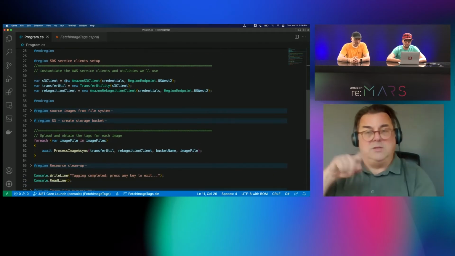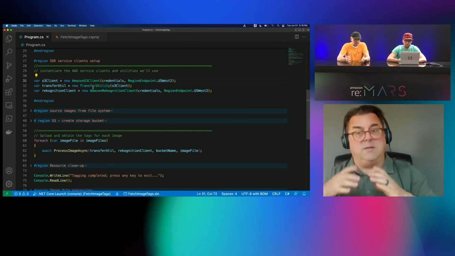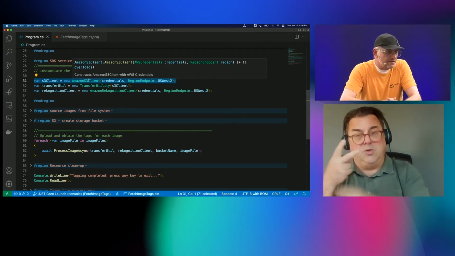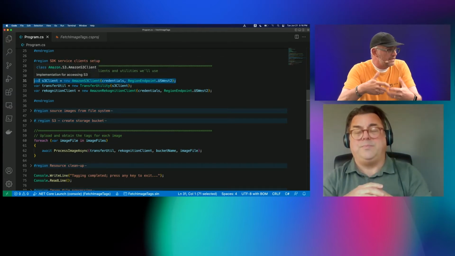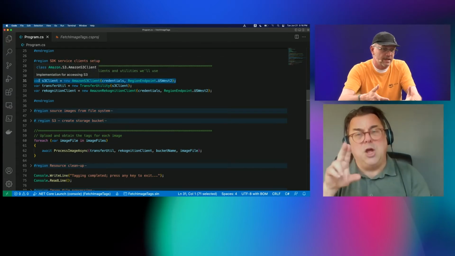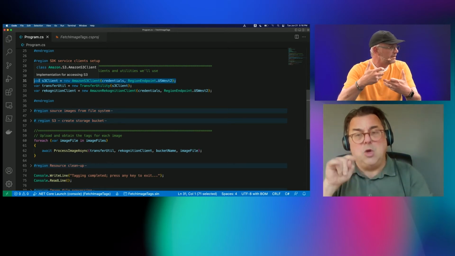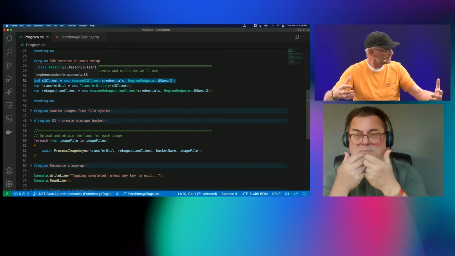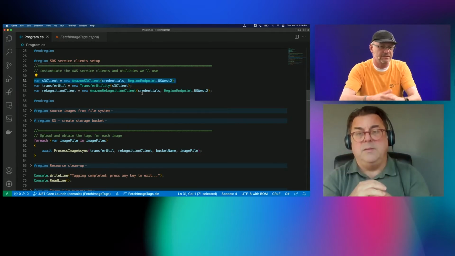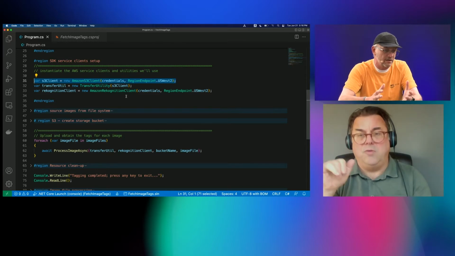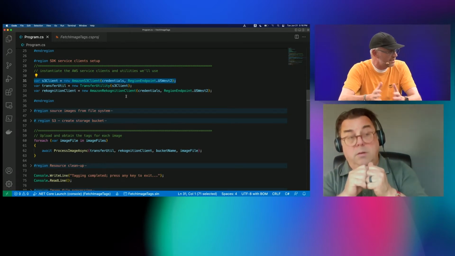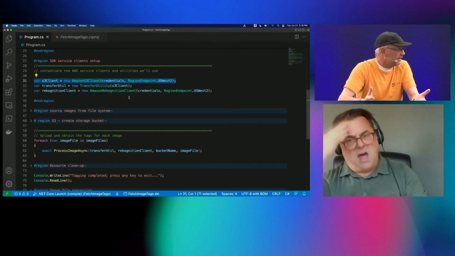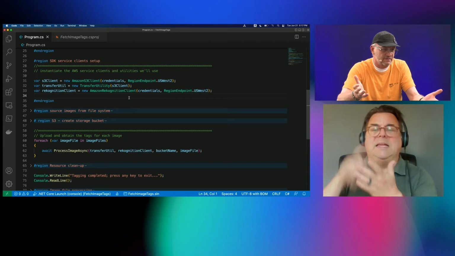Next, we set up the service client. You can see we're instantiating a client for S3 in the US West 2 region, because that's where we're located. And then a transfer utility. This is a higher level utility class inside the S3 package for .NET that lets us upload entire folders and files. It handles breaking large files apart into multiple parts, and it handles the retries for us. This is a really useful utility to get started with. Not all SDKs have this utility. I think Java and .NET do. I'm not too sure about the others. And then we instantiate a Rekognition client. It's a fairly familiar, very similar pattern.